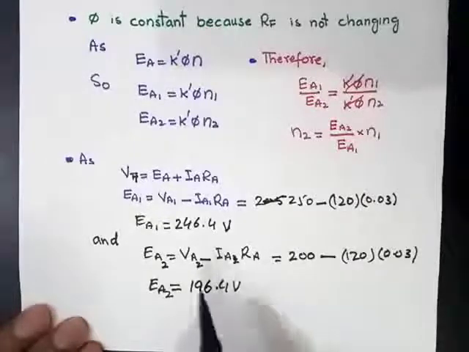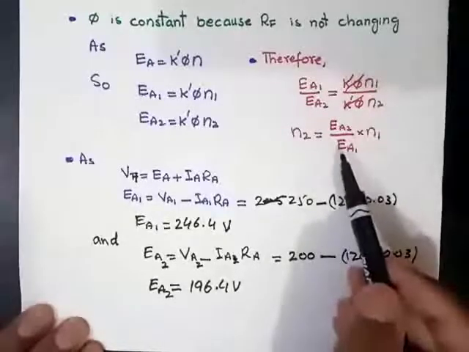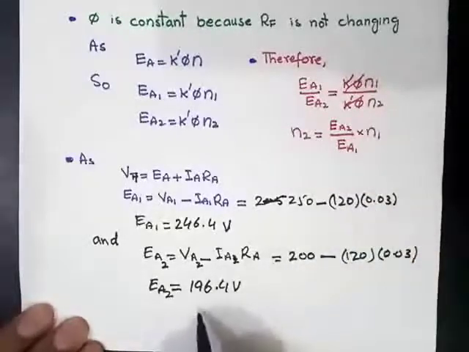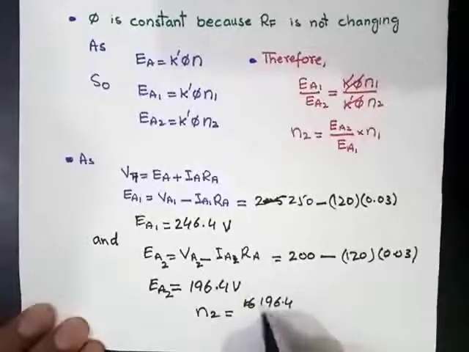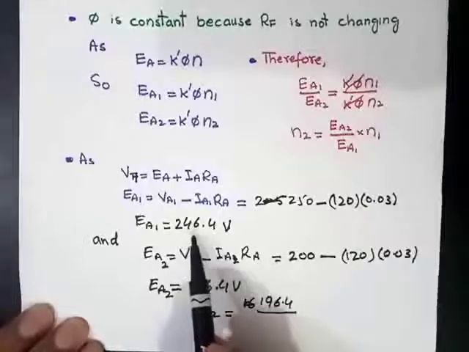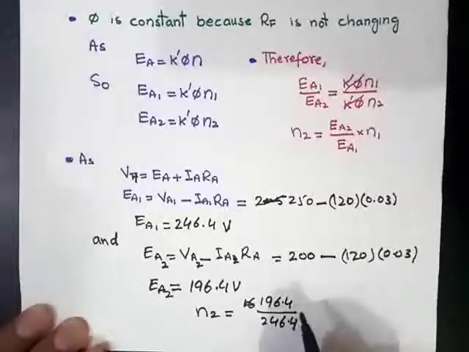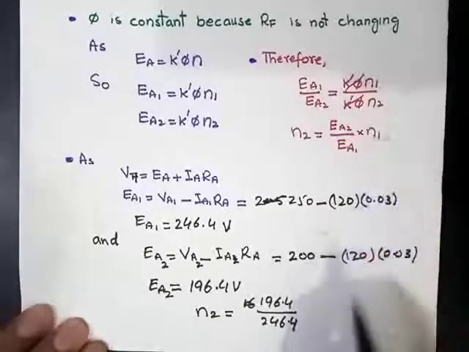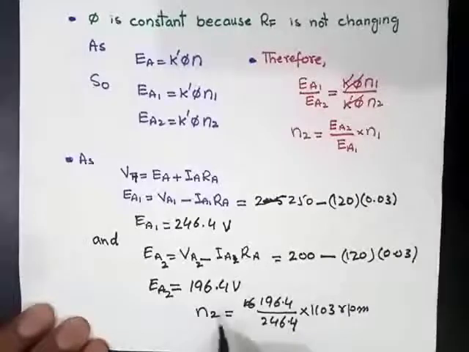Putting the value of internal generated voltage E1 and the internal generated voltage E2 in this equation, we get the value of N2 will be equal to, the value of EA2 is 196.4 volt and the value of EA1 is 246.4 volt, and the initial speed given in this numerical is 1103 revolution per minute. After solving this equation, we get the value of N2 is equal to 879